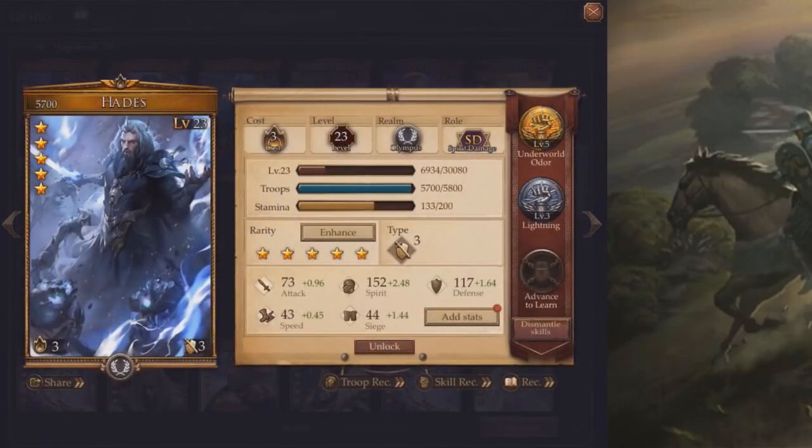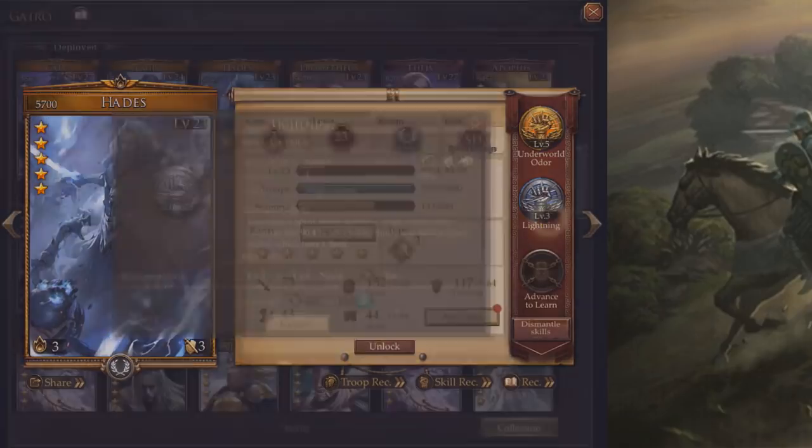So if you look here, you'll see that Hades has 73 attack and 151 spirit, 117 defense, 43 speed, and 44 siege. The ones that you want to pay attention to, especially at the start, are the attack and spirit. That'll tell you if it's a spirit attacker or an attack attacker, and that'll tell you what skills to put on